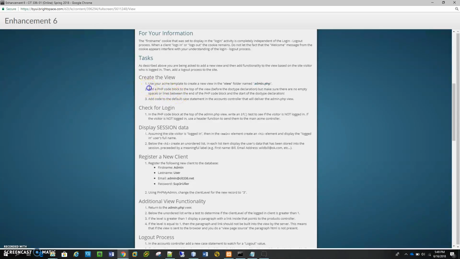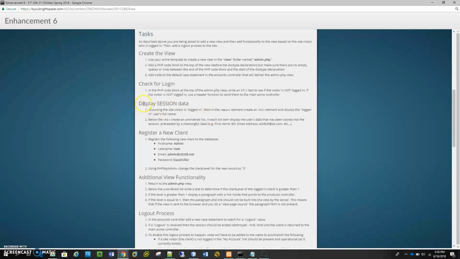And in this one, we will create a view to display the information of the users that is logging. Then we will create an if statement to verify if the user is logging, and if it's not logging, if he wants to go to the admin.php file, it will send this user to the main controller because he's not logging. And if the user is logging,